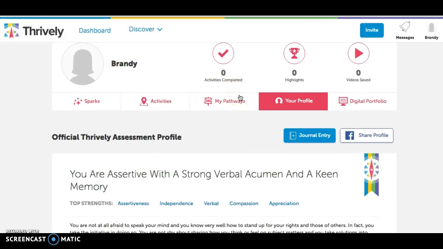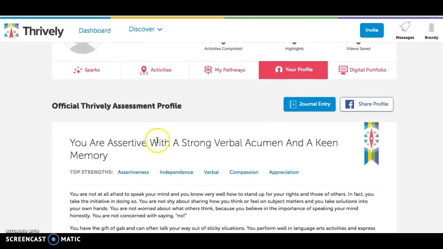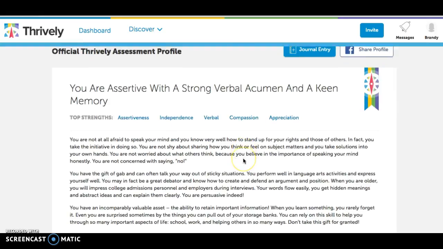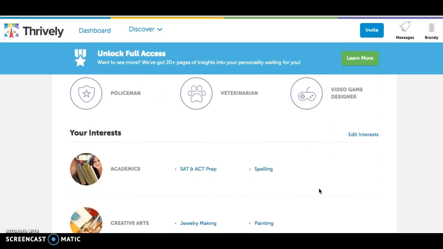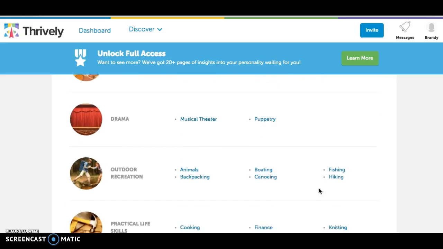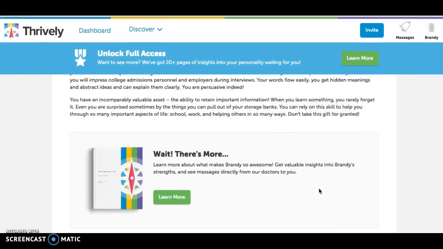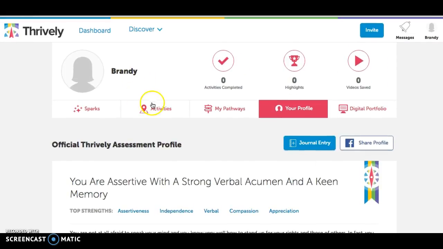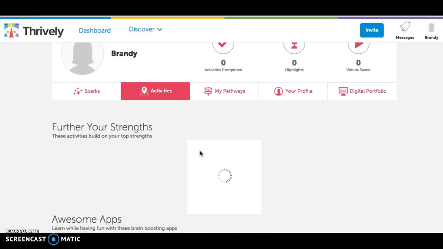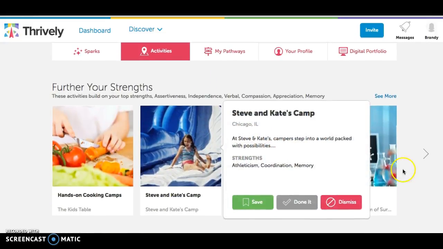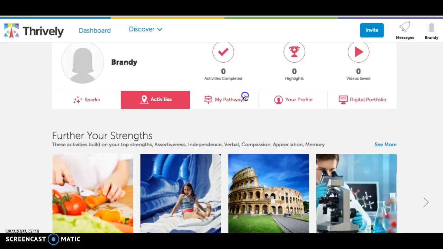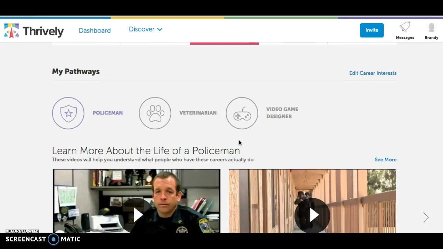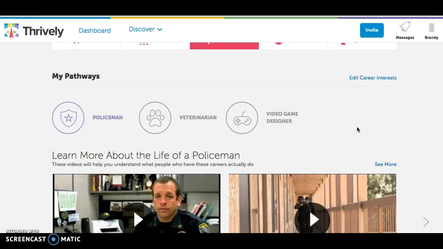So when you're done, your strength profile will pop up and you can see your top 5 strengths and a description of them. It'll show your career interest, your interest. When you go to the top, it also has a section for you to see activities. It'll help further your strength. So I can see activities that would be good for me, and they're in the city of Chicago where I live. Pathways, there's also videos to help you become a policeman or a veterinarian,